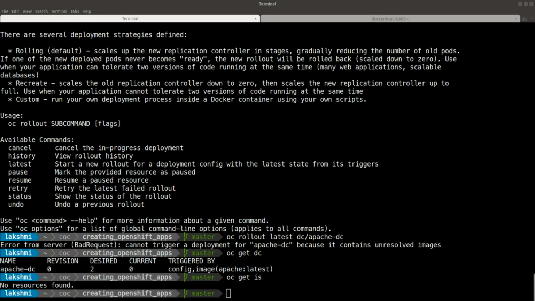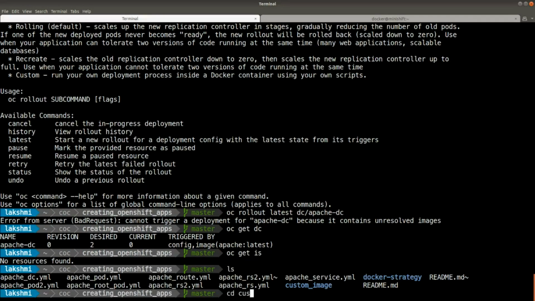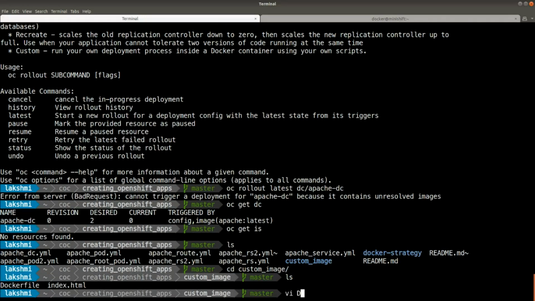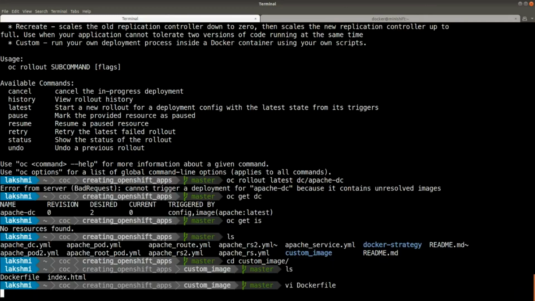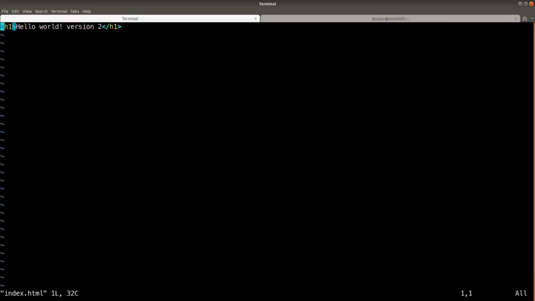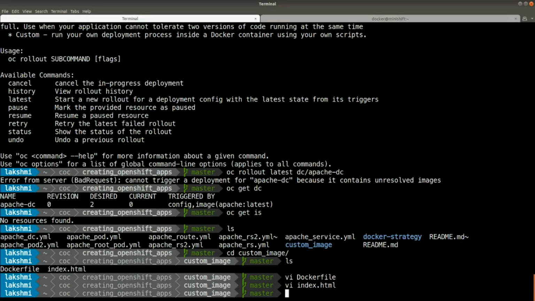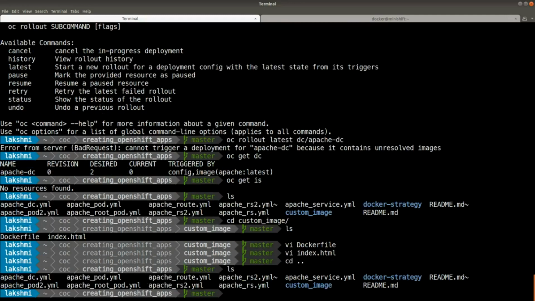So what I've done is I've already built a new image here. You can see that there is a directory called custom image, and I've created a new image from this using the existing OpenShift official Apache image. It just prints out the version number in an index YAML file. So there are two flavors of it, V1 and V2. V2 is going to print V2 and V1 is going to print V1, just to show that there are different versions. So I've built this image right now, and I want to tag this or bring it into my image